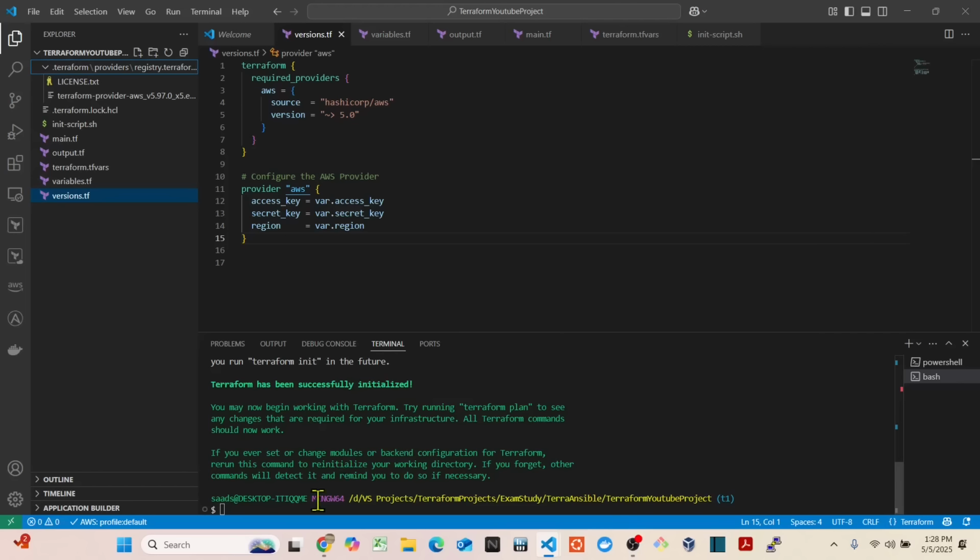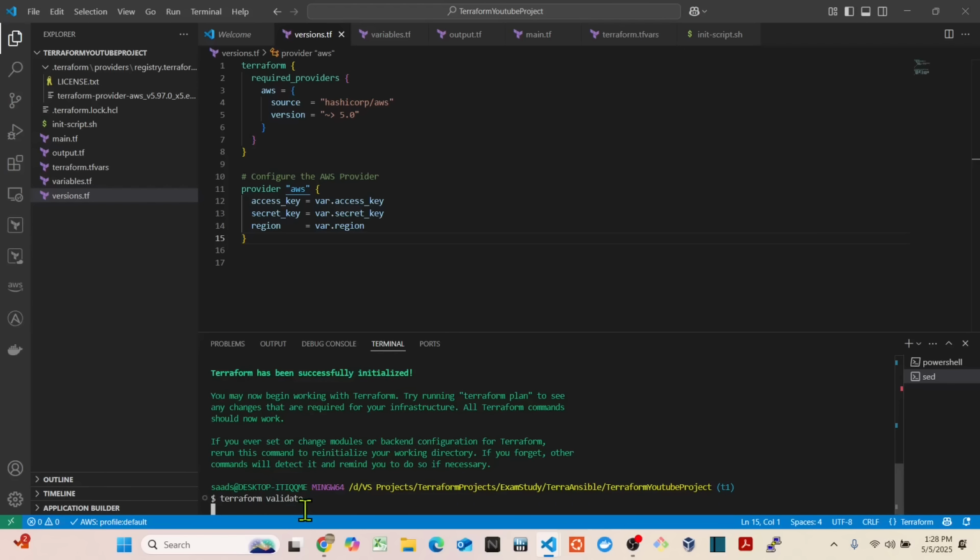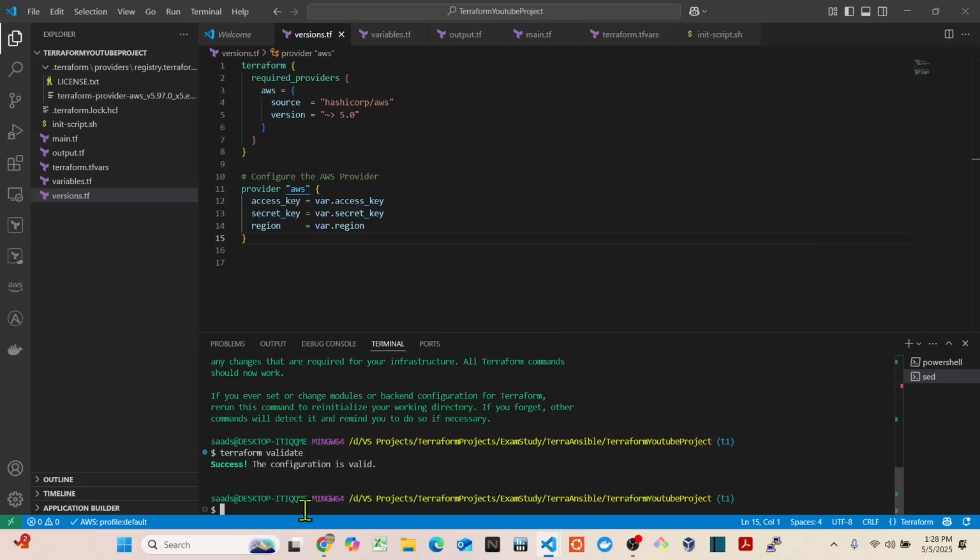Okay, so now we can just run the validate command now to see if everything is correct. Okay, so the configuration is good and valid. So we checked first the formatting, then the configuration. Everything is good. Now we will apply the Terraform